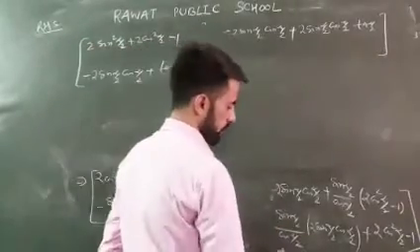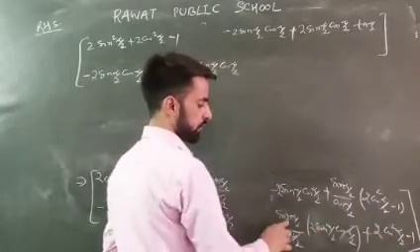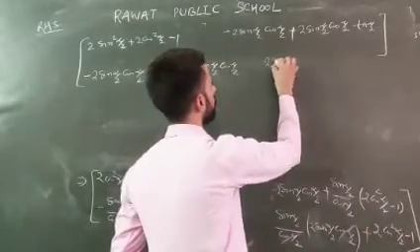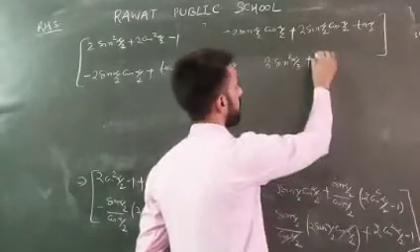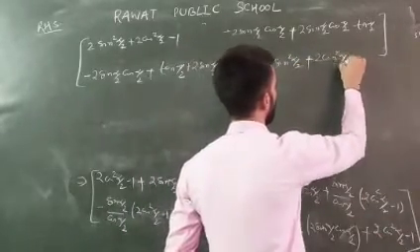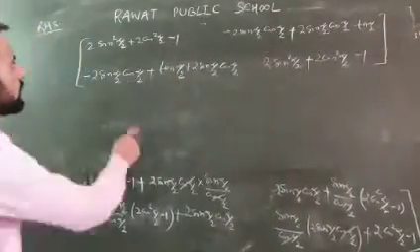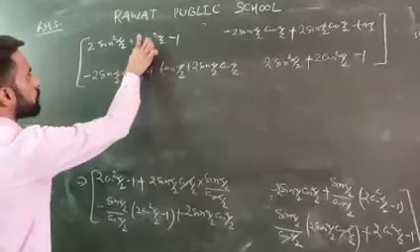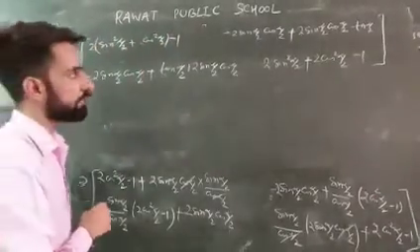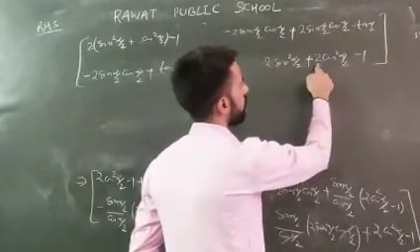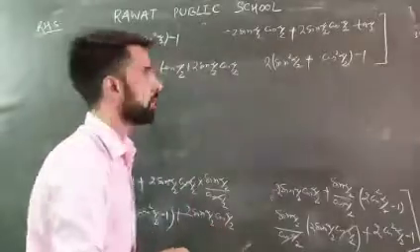And now here again you multiply inside, cos alpha by 2 and cos alpha by 2 cancel: 2 sin square alpha by 2 plus 2 cos square alpha by 2 minus 1. Now here you can see 2 and 2 are common. So what I can do, I can write it this way: 2 is common outside, I have taken. And here also 2 and 2 are common, so 2 outside, common, right?